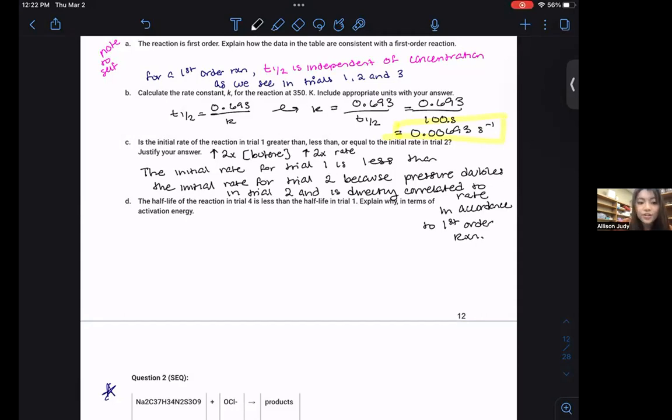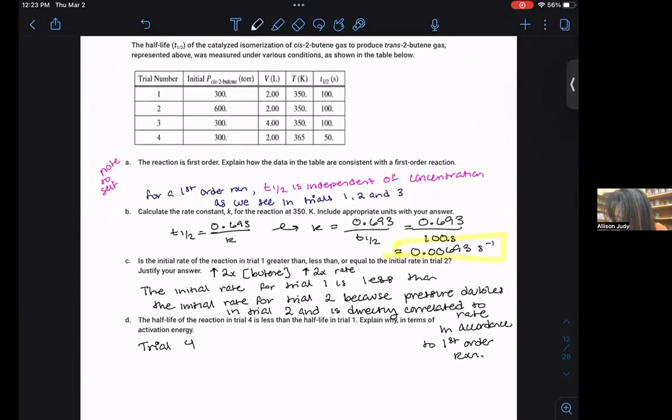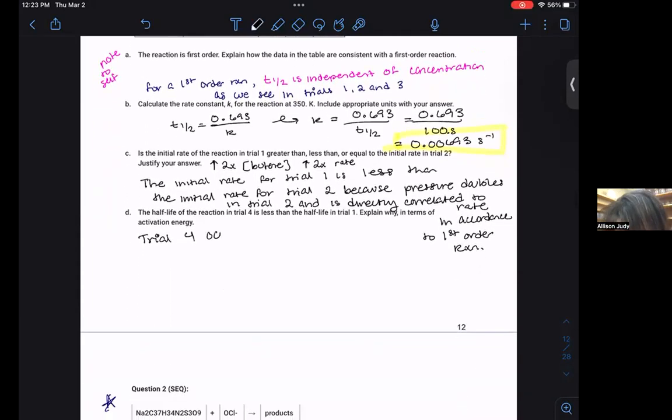So we know that the greater the energy barrier, the greater the activation energy, the less successful collisions that meet that activation energy, the less product, the less rate of successful reaction. So what we see here is that for trial 4, we see that trial 4 is occurring at a temperature of 365. Trial 4 occurs at 365 Kelvin, which is greater than